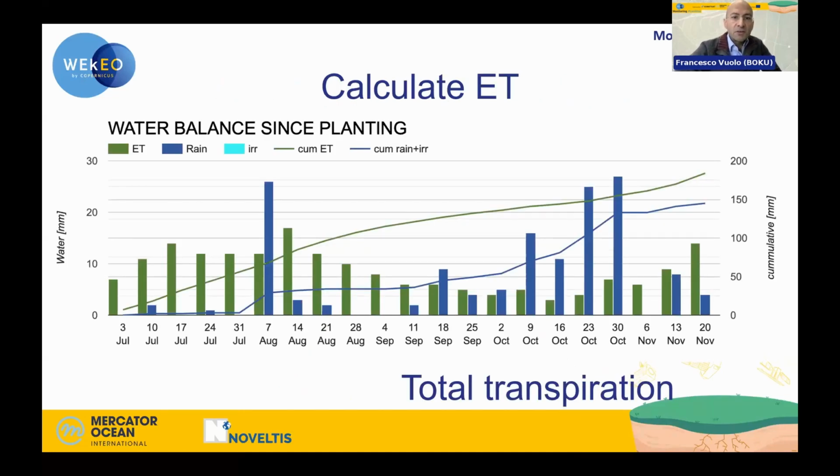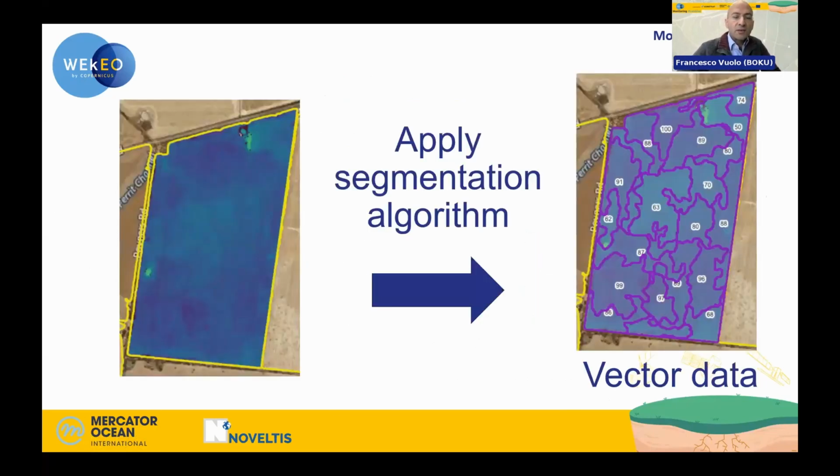So we calculate the water balance pixel by pixel within the start and the end of the season to calculate the total transpiration. So if you have this total transpiration, you will know the potential of growth of that specific pixel, and this is then transformed into a raster data,